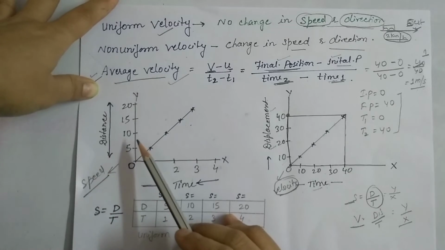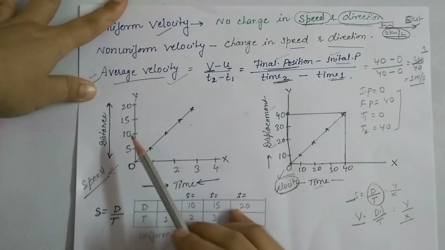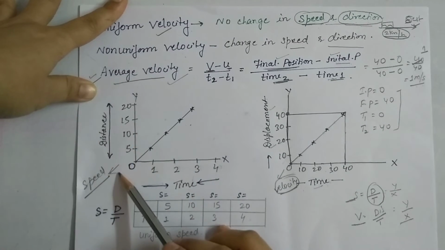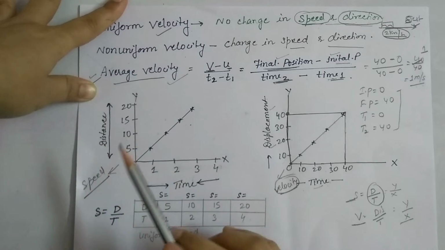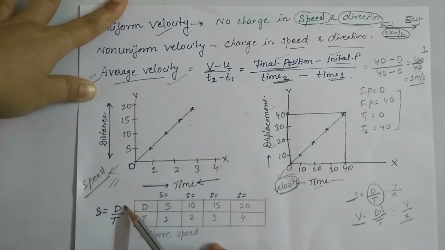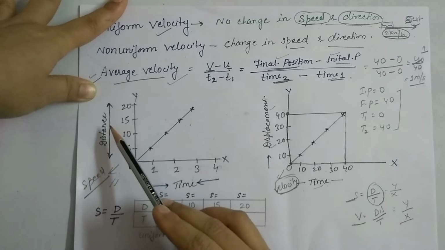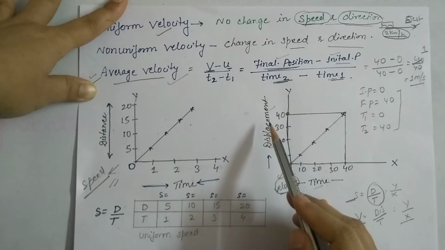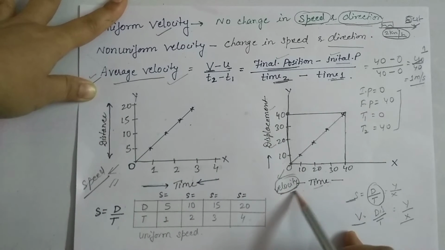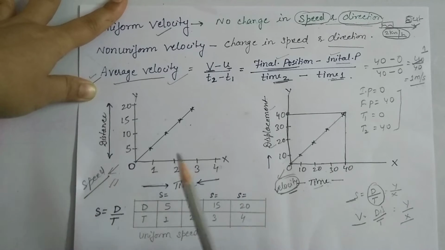Now the next point is speed, and that is the speed distance-time graph. We know that to find the speed, we divide distance by time. Here we take distance and time, whereas before we took displacement and time because we wanted the velocity. For speed, the graph should be of distance and time. I already prepared a table for you, with distance and time. Speed is equal to distance by time.